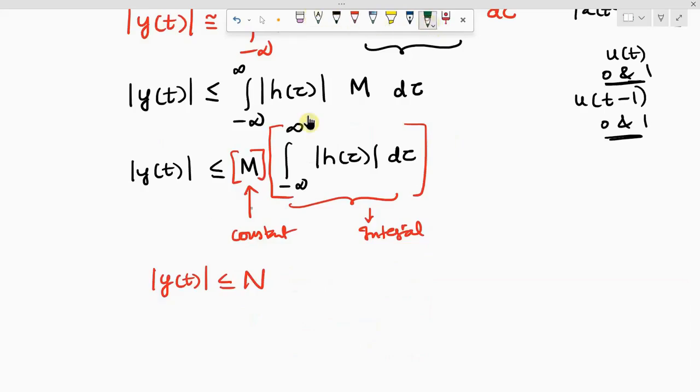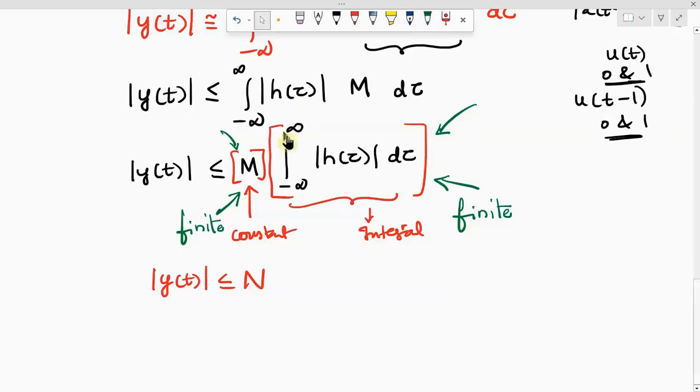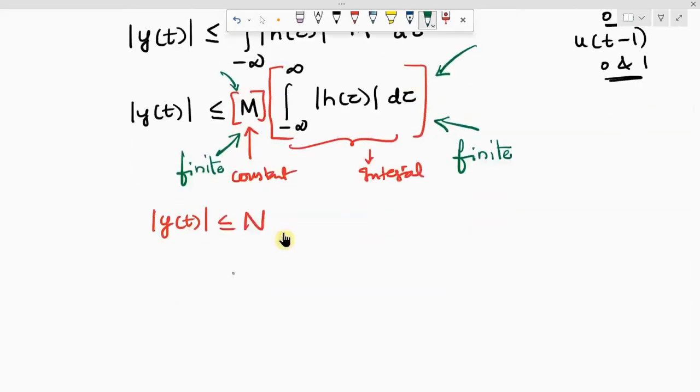Already M is a finite value. What is the other quantity that should become finite? Integral, sir. So that should become finite. Since M is already finite, if this integral is also finite, the product of two finite values will result in a finite value. So therefore, from this, the condition deduced